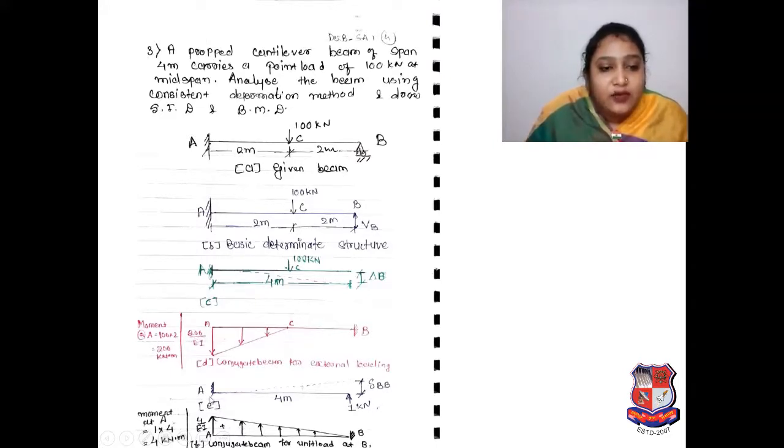In the next diagram we have to show delta BB as per our steps. So fixed support is there, your span is 4 meter, you have removed the point load, okay, and 1 kilonewton upward load is applied over here. So whatever deflection will be there in upward direction, that deflection in upward direction is delta BB. Now you have to draw the conjugate beam for unit load at B. Here unit load is at B, so you have to draw the conjugate beam diagram for that.